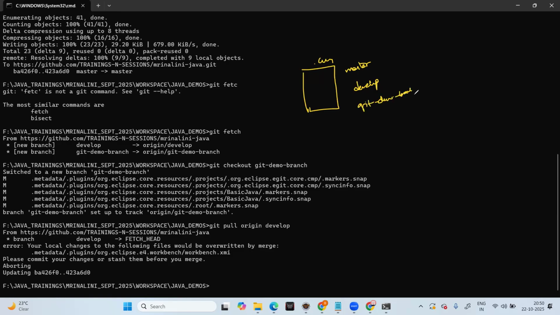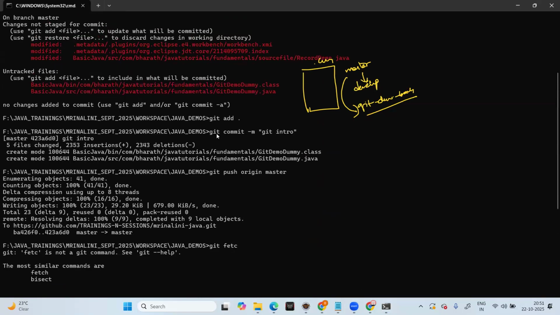We created the git demo branch from master, so whatever code is available in the master branch is there in the git demo branch. Then we had the develop branch, which we created from this one. Now this develop branch, we did some changes earlier. If you see,